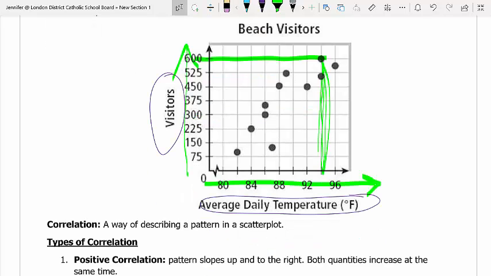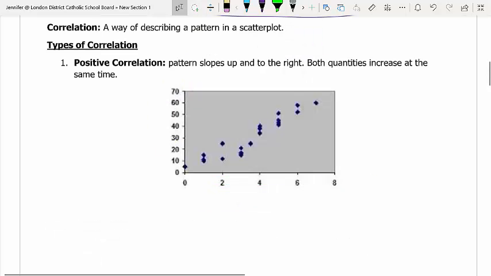The term correlation refers to how we can describe the patterns or trends that we see on the scatter plot. So there are 3 different types of correlation that you can talk about when you're asked to describe the patterns on a graph. So the first thing you could say is that this graph has a positive correlation. And all that means is that the overall trend or the pattern that the points on the graph follow is an upward trend,